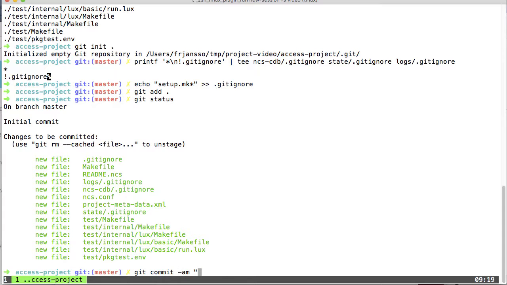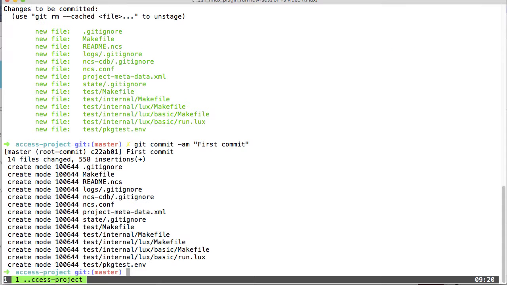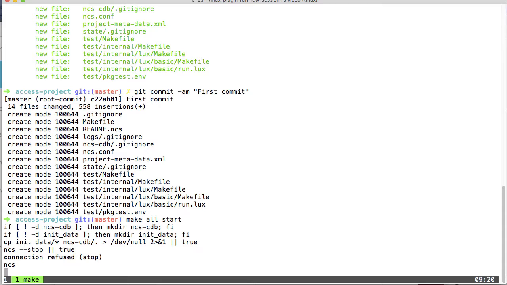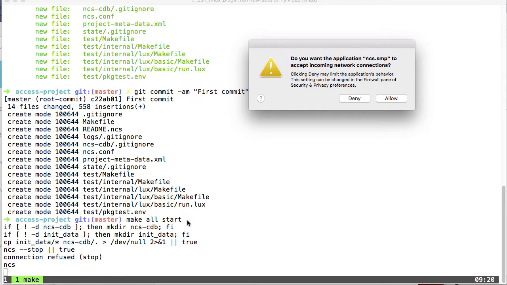And I'll just commit this, calling it my first commit. With that in place, we now have a good starting point for our project, and I can actually call make all start, which will start up NSO for me,